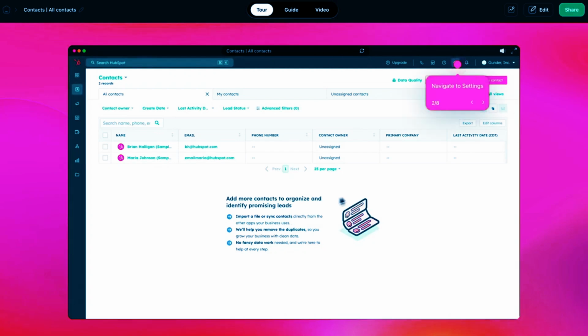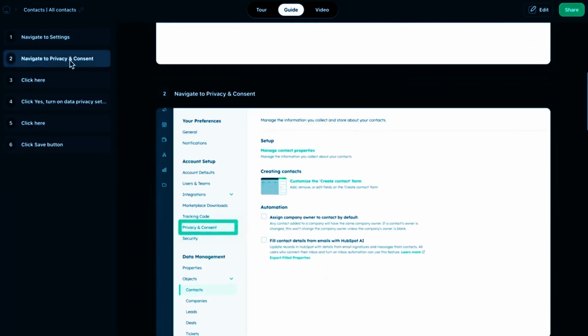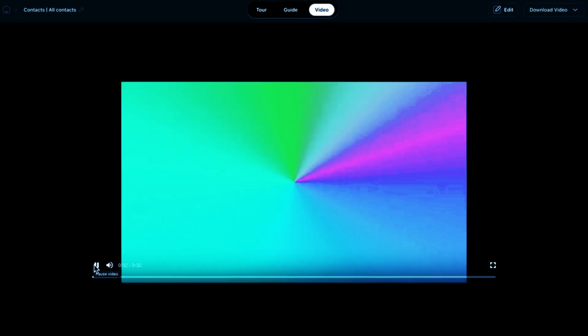Tours are great for showcasing products to end users, guides can support knowledge-based documentation, and videos can be used for